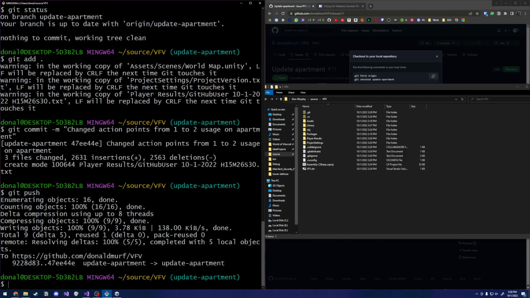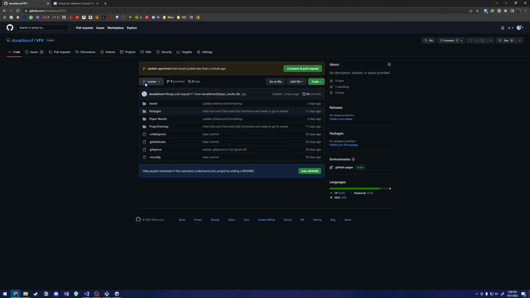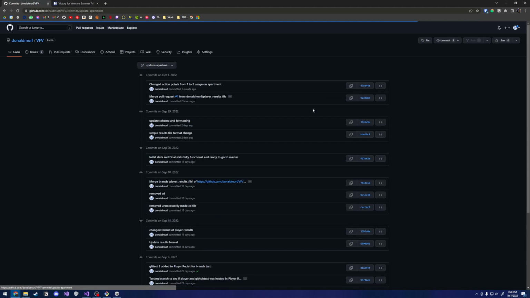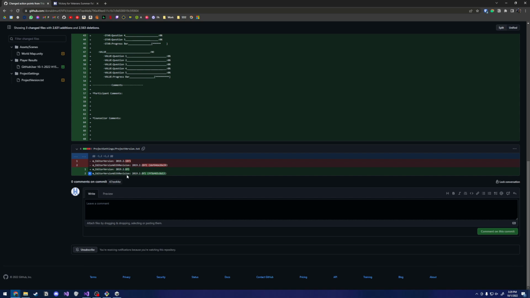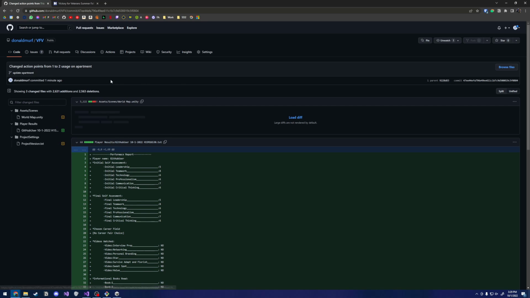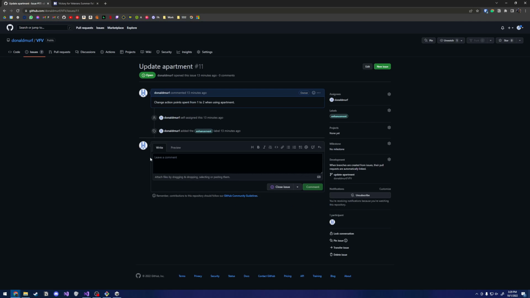And so when we come back to our main URL, we will have our update apartment, and you'll see I changed action points usage from 1 to 2, and we'll look at that, and we will see that there are some code changes in here that you can look at, and my update is finished, and I'm going to want to go to my issues now for update apartment, and you'll see that there's my little comment here, change action points spent from 1 to 2 and using apartment, and